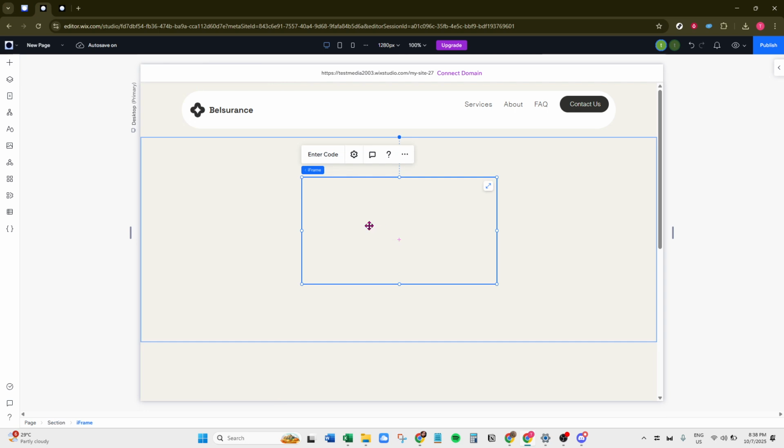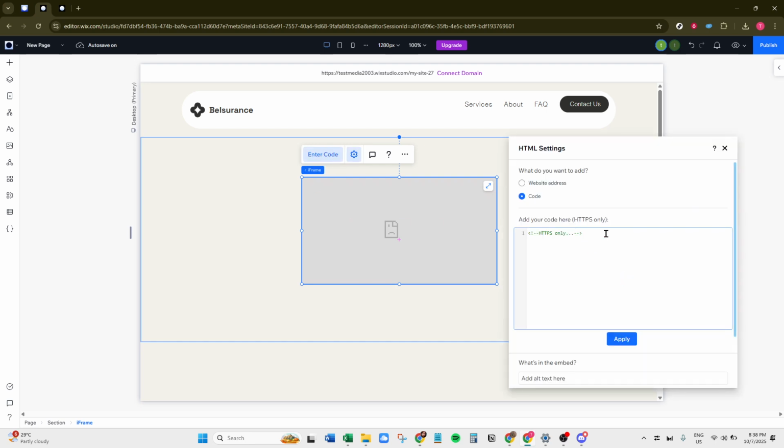Click on this gray HTML box, and a new option will appear prompting you to enter code. This is your cue to input the HTML code you've prepared or obtained. Go ahead and paste or type your code into the provided space. You can include HTML and often CSS or JavaScript, depending on what you're trying to achieve.